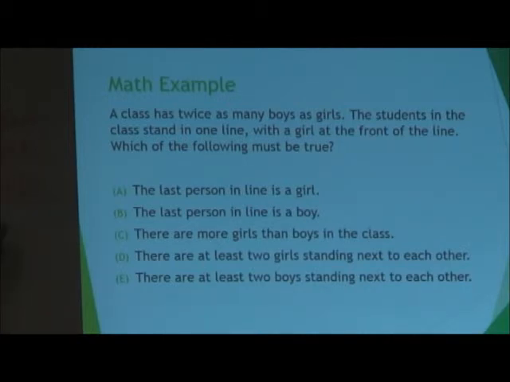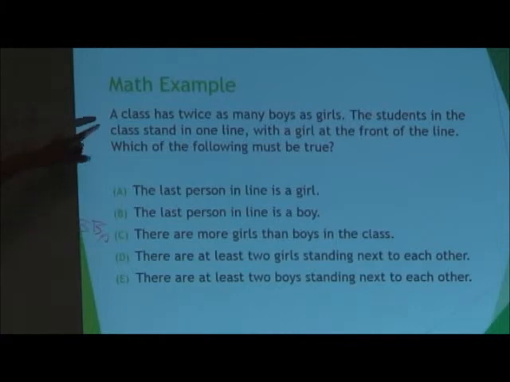So if a girl has to be at the front, you could do girl, boy, right? But if you have to have everyone in a row, you need 2 times as many boys as girls. So for every girl, there needs to be 2 boys. So then you would be left with an extra boy. Eventually you'd end up with 2 boys, right? Of course, you could move this girl to the end so she could be last, but then you have 4 boys in a row. So either way, you have to have two boys standing next to each other, right?